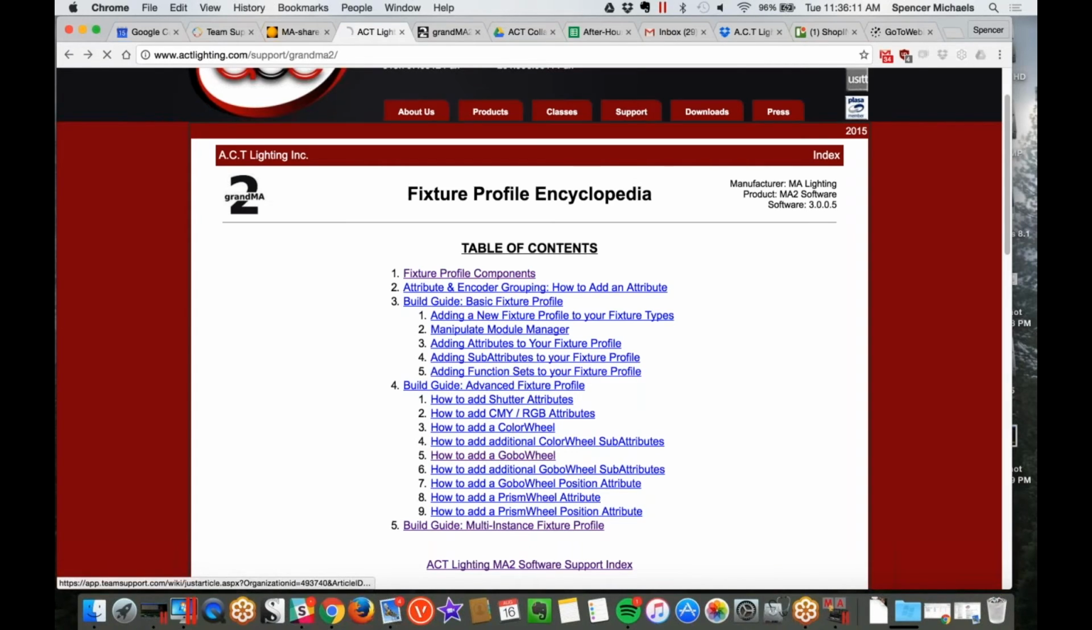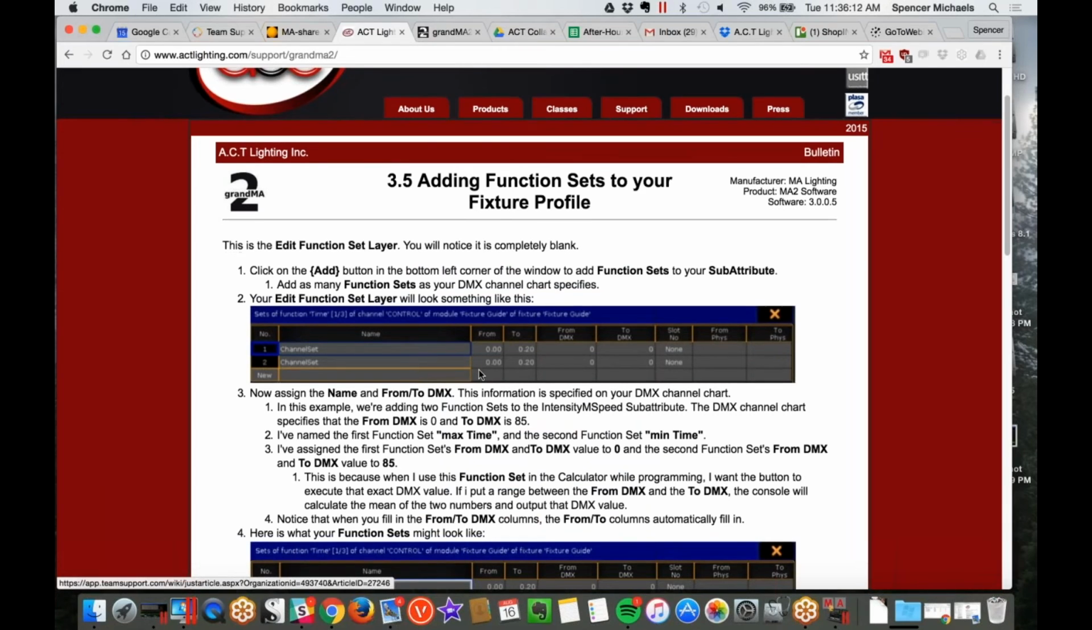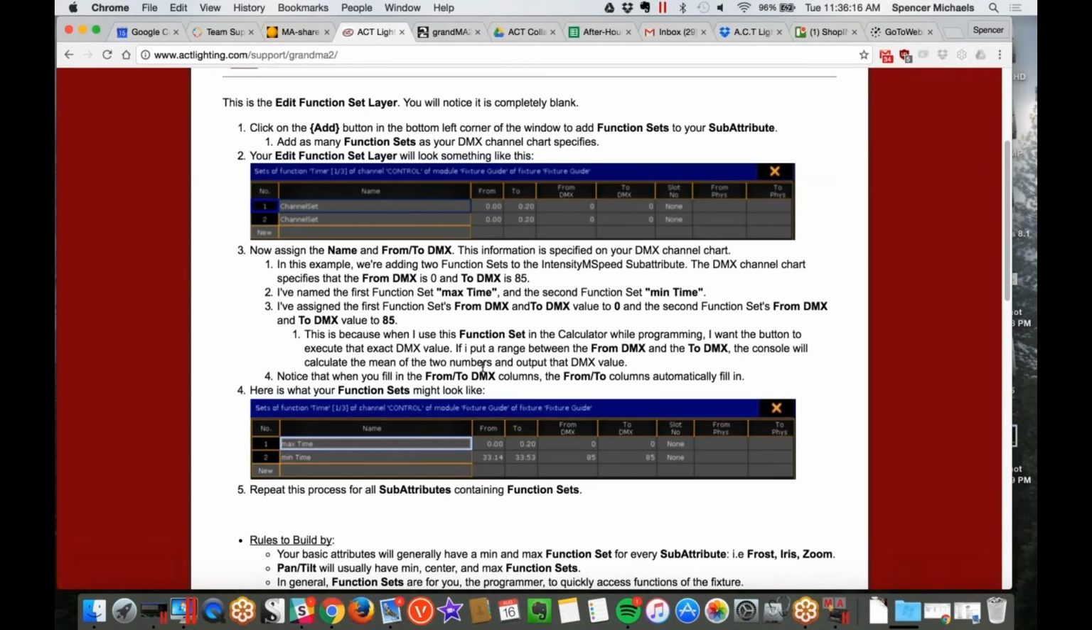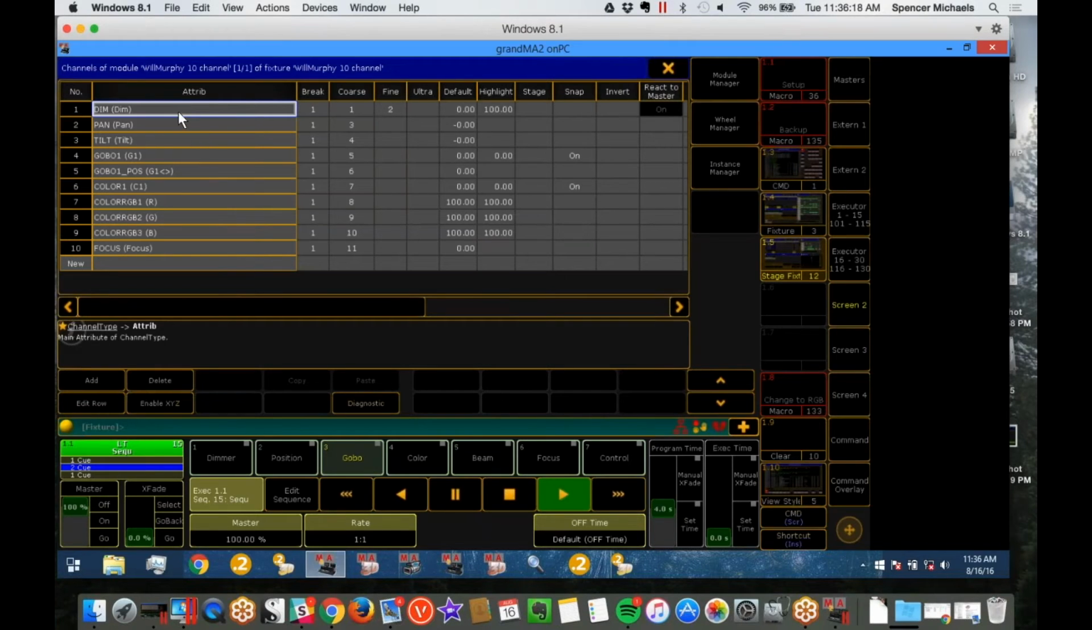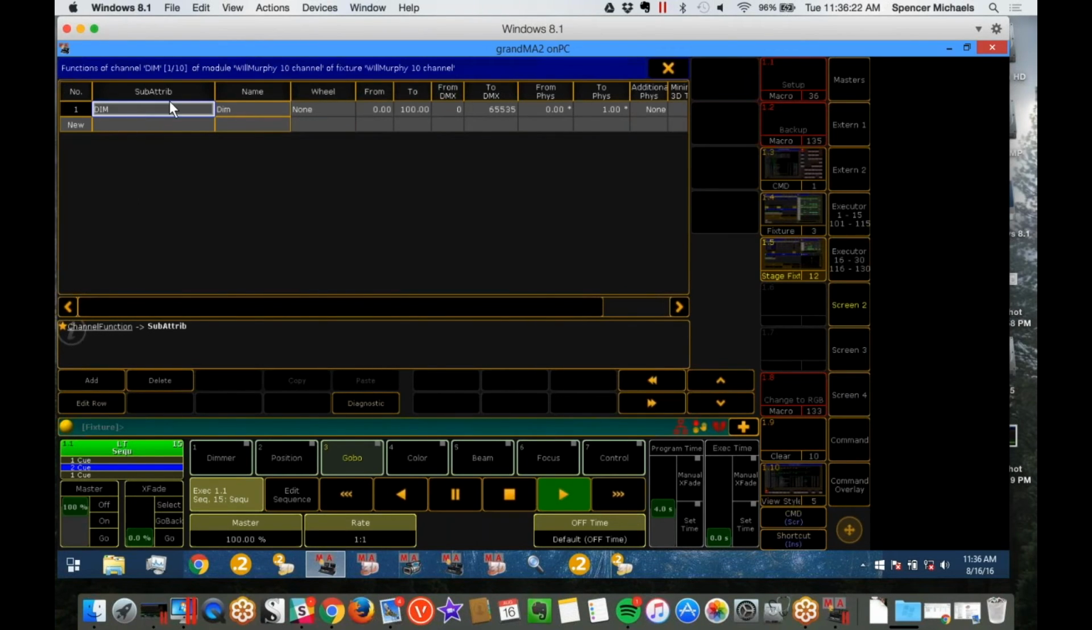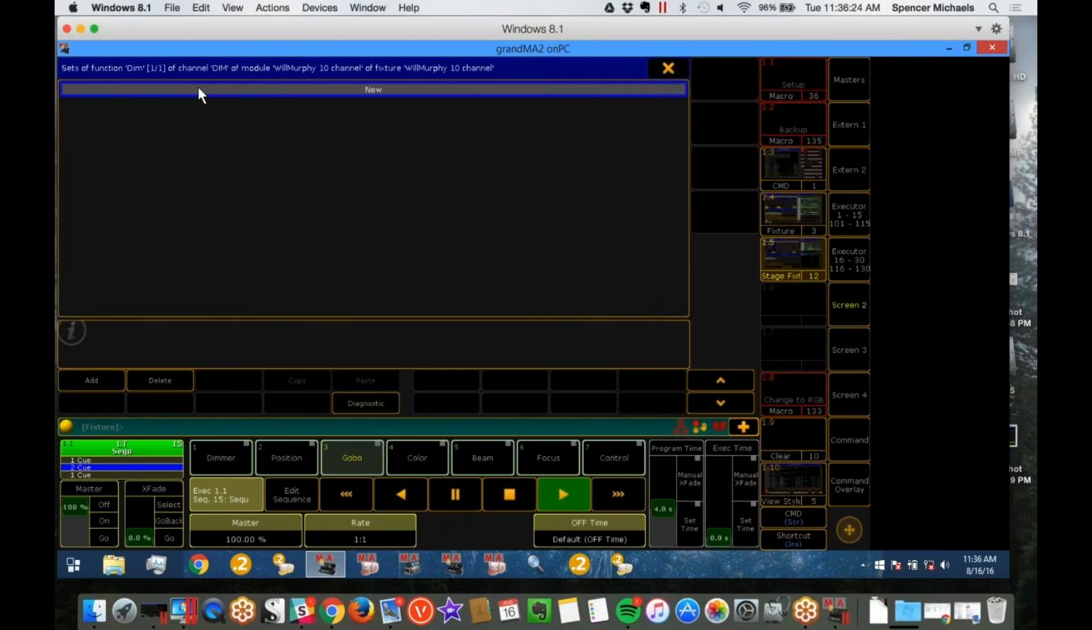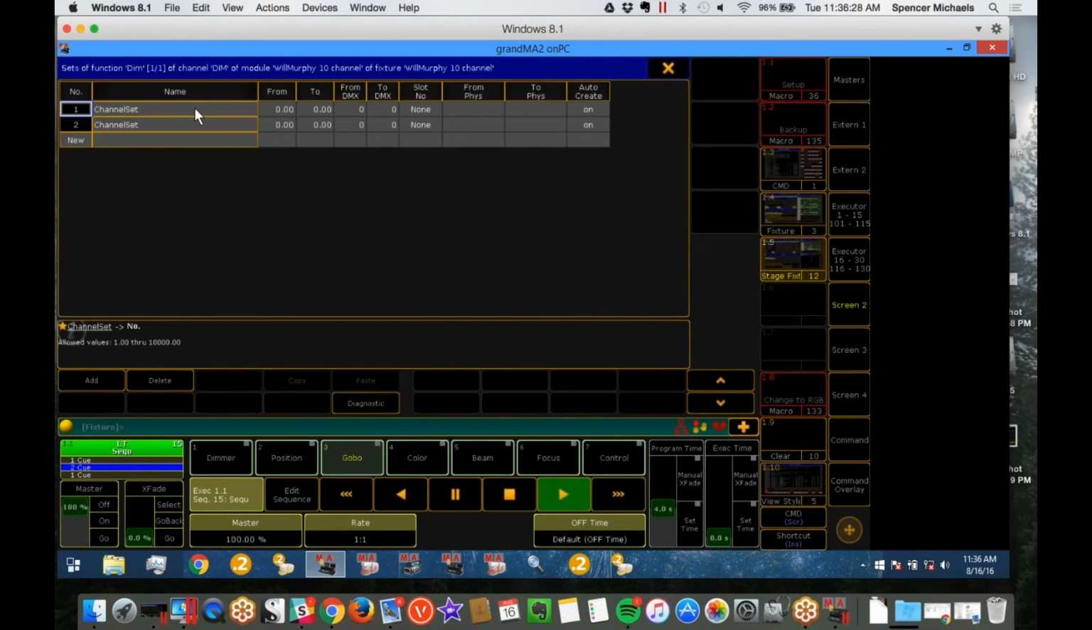I didn't quite get to adding function sets. So we got our attribute layer, edit the attribute. We got our sub-attribute layer, edit the sub-attribute. Now we're in our third layer, the function set layer. I'm just going to add 2 function sets. Remember, these are shortcuts for the user. You get to label it. This is the label that shows up in the smart window or pop-up calculator. And then you get to assign your from and to